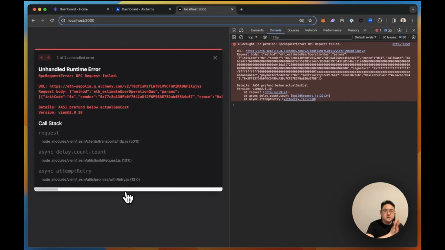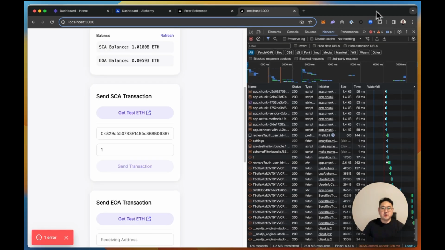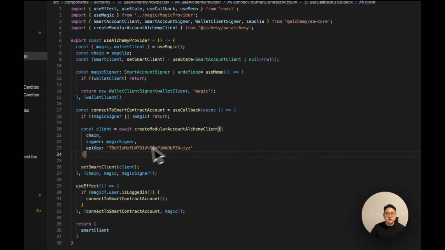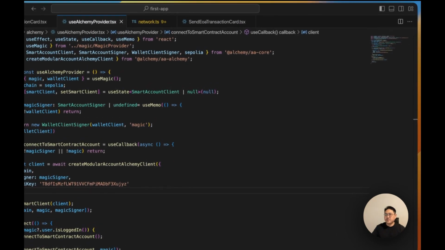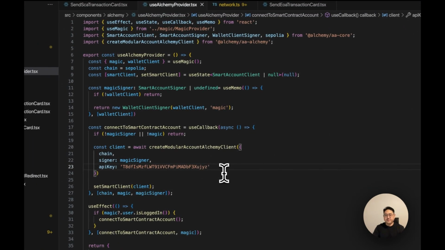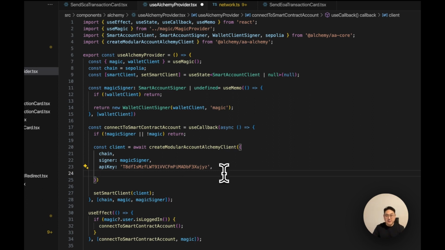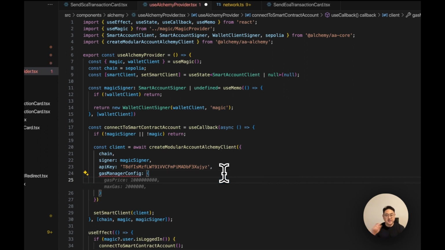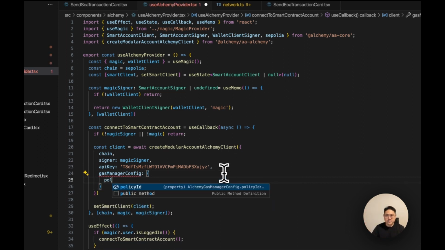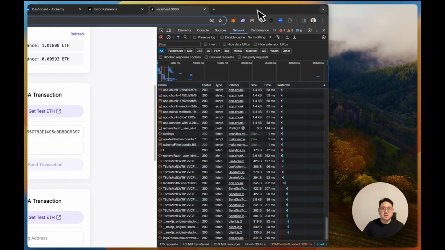All right, so what's this? RPC request error, URL, edit code, pre-fund below actual gas cost. Okay, well then I'll set the gas policy. I will set the gas policy. All right, so what's that mean? This is another parameter you can pass into it. Gas manager config. And I set this up inside the Alchemy dashboard, policy ID, and what this is,